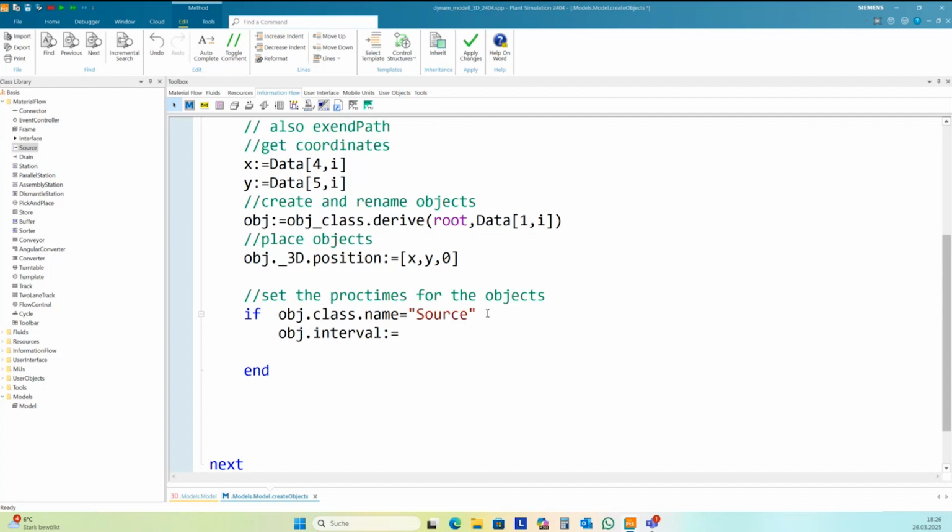And I need to change the data type with num time, and I find the data in my column 6. For all other objects I use, instead of interval, proc time.